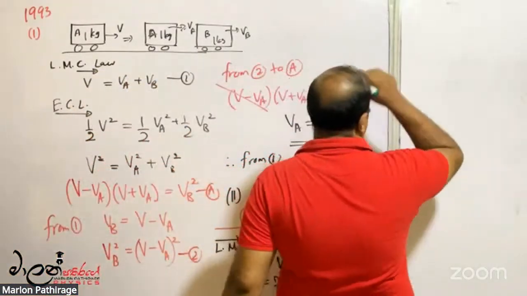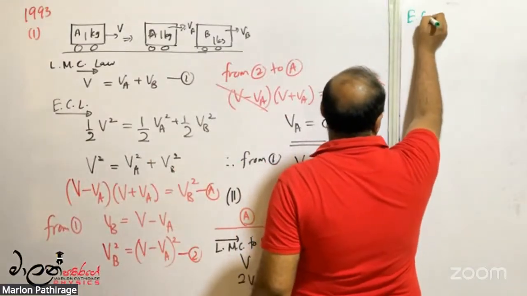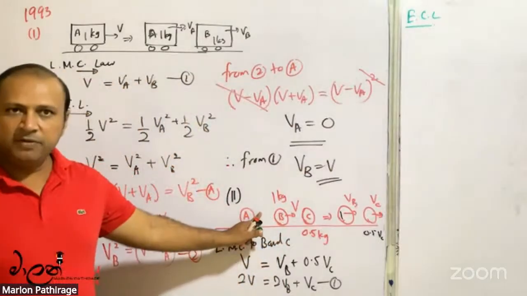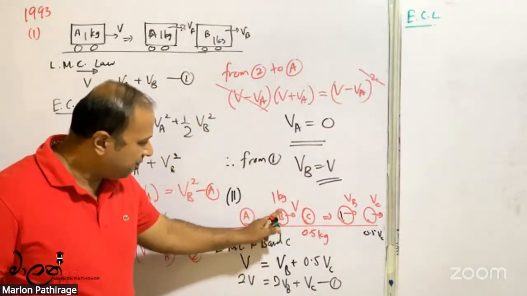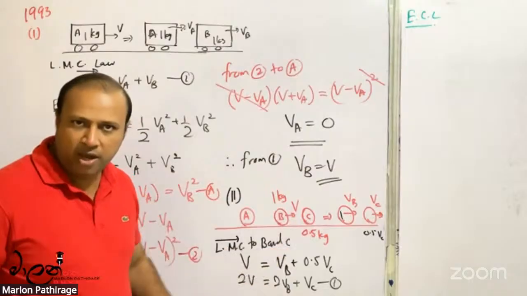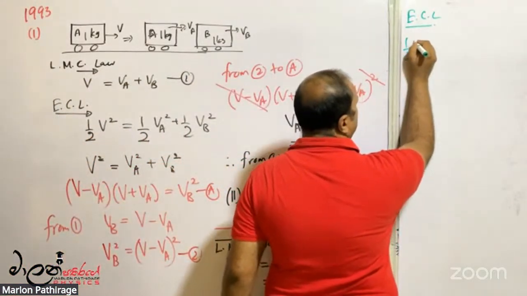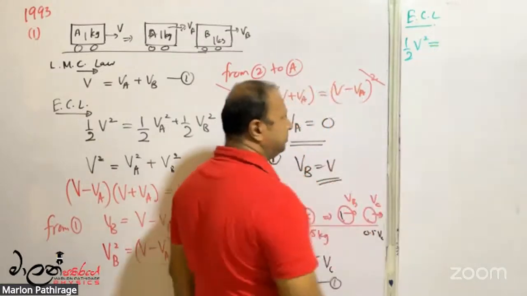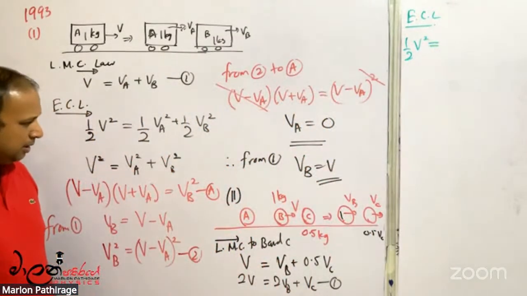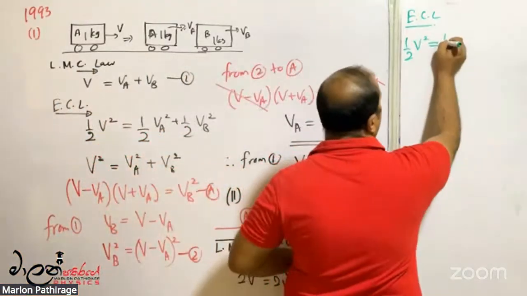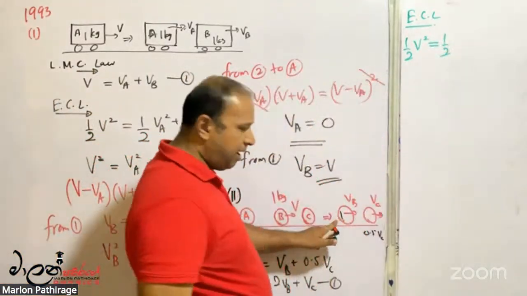Therefore, if I apply the energy conservation law, kinetic energy just before collision is equal to half m v square, which equals the kinetic energy after the collision, half m v_B square